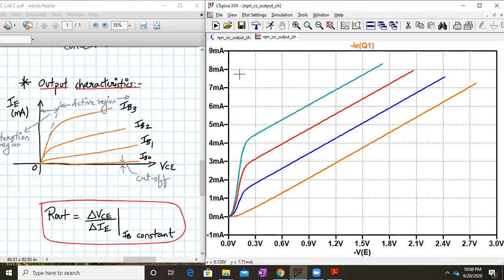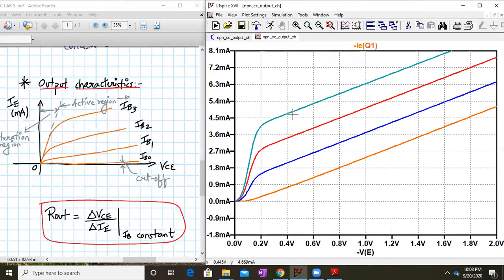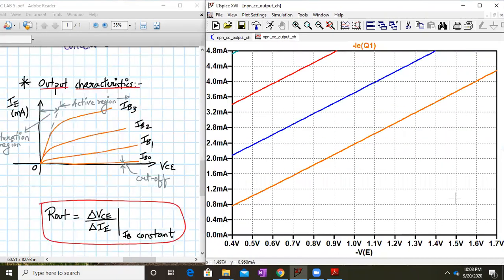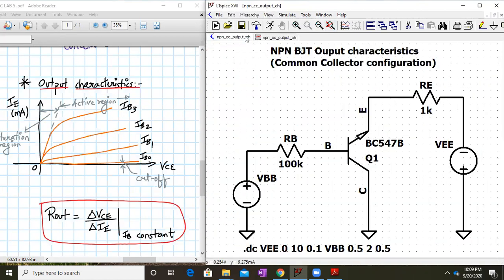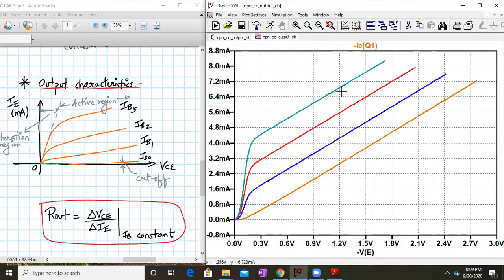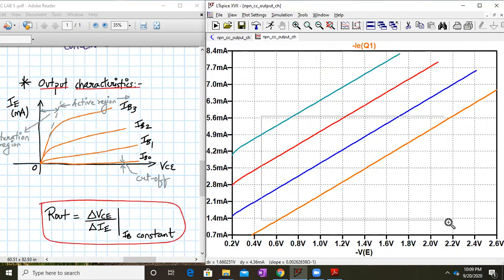Now I will select one curve. Let me select the blue color one. Okay. So over here, I will take 2 points again. So let's say at this one point is over here. So R out is delta VC upon delta IE, right? So your x-axis will be x 1.194. So that is around the value. Let us take a broader value. So here this curve is between 0 to 10. Okay, fine. Yeah, it's proper. It's perfectly fine. We will evaluate for the blue one.